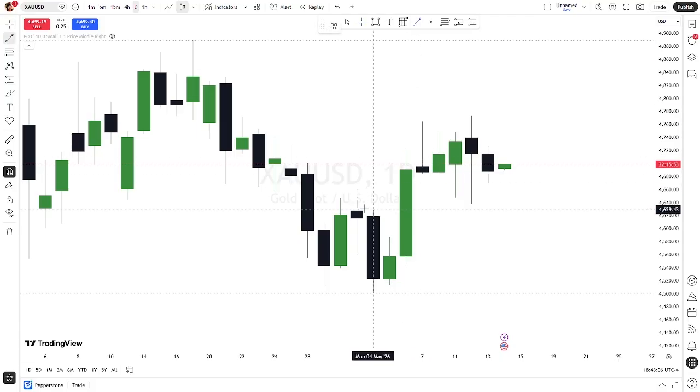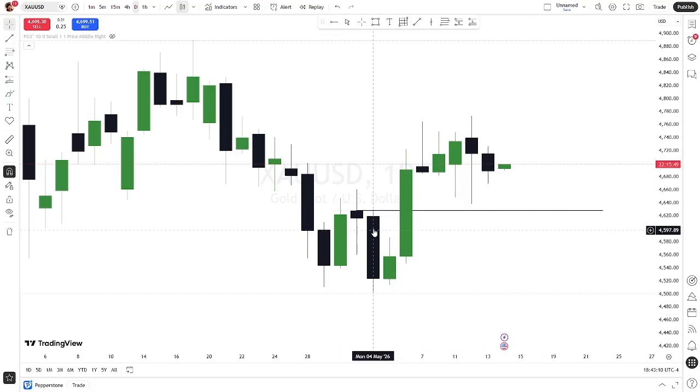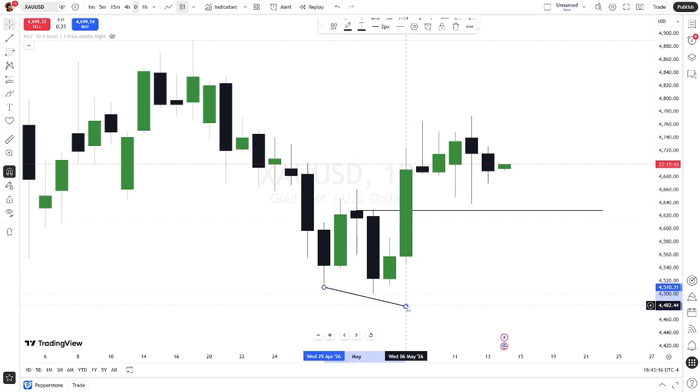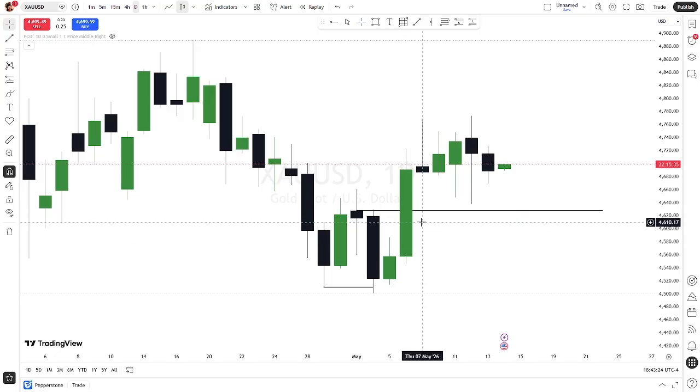Now on the daily, we can see that we have this changing state of delivery. We can see that we took the liquidity over here, then we pushed to the upside, leaving this big fair value gap. Now we ended up playing inside of that fair value gap for 3 days, and now on the second day